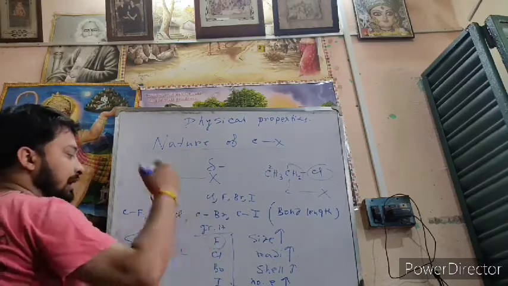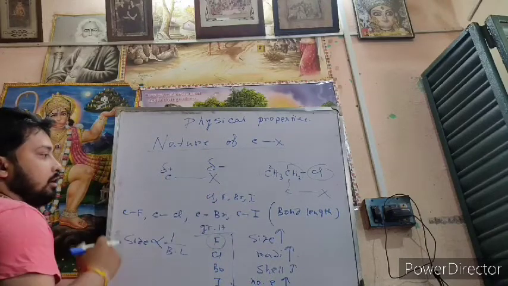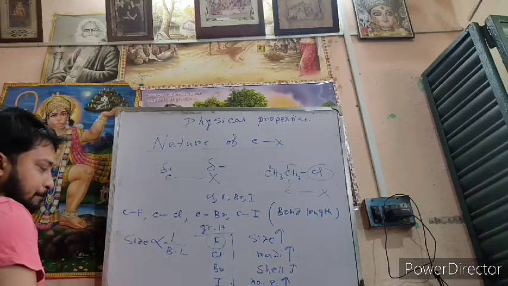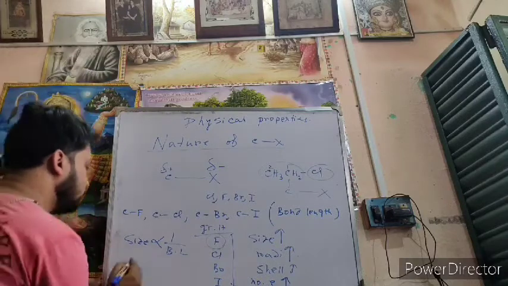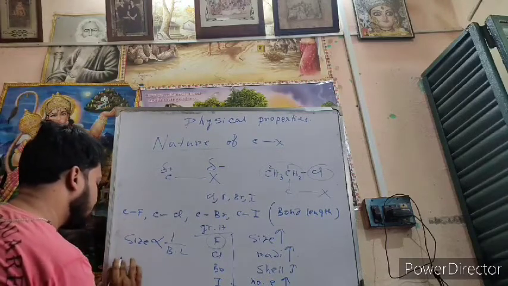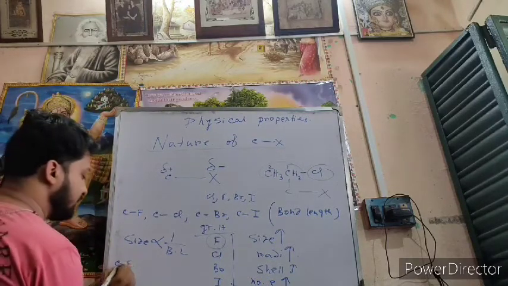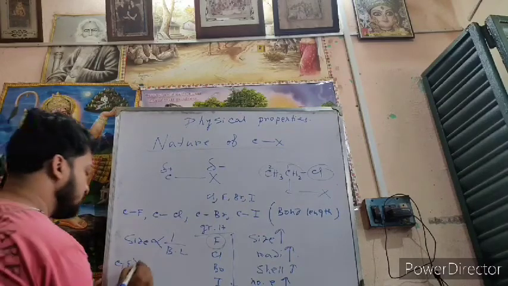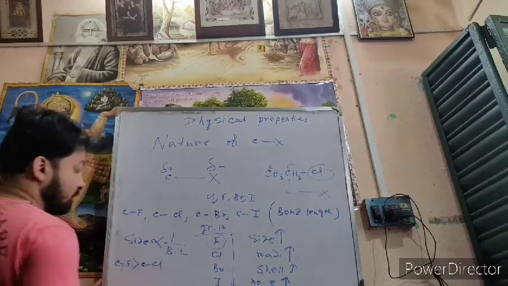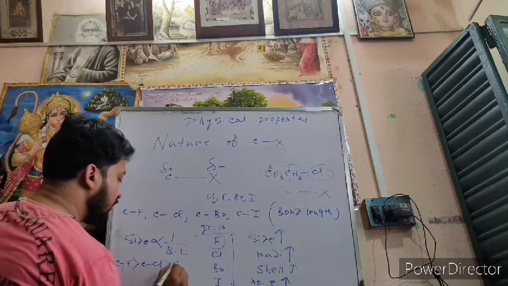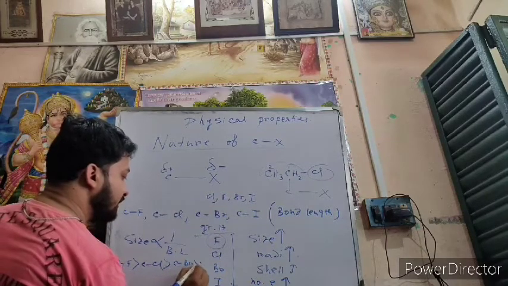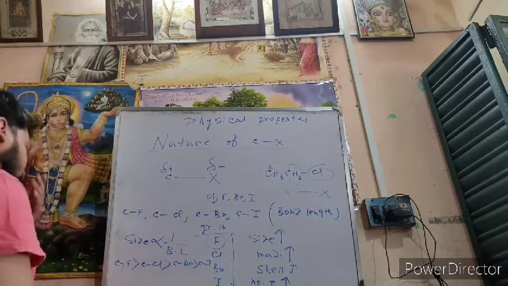Okay, so we get this arrangement: the carbon-iodine bond length is the highest, then carbon-bromine, then carbon-chlorine, and then carbon-fluorine. Okay,